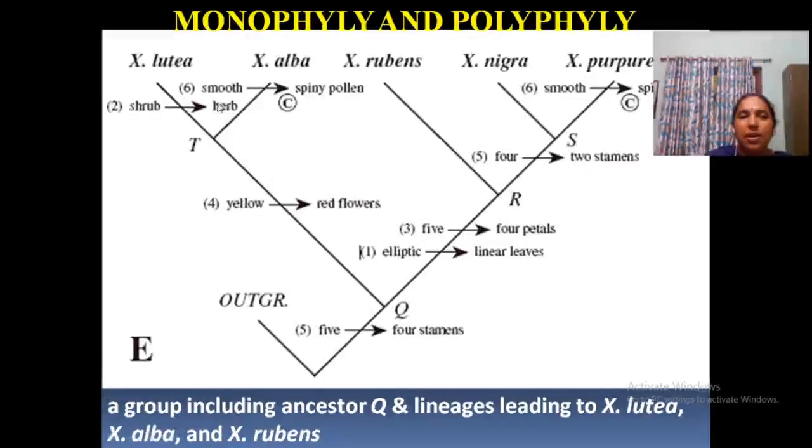Clear? Then shrub to herbaceous nature, like it is moving to that nature. Okay. So in some of these various nodes, after the node you can see some derived characters they are acquiring, and as derived characters are acquired, new species evolve, that is speciation. Okay. So likewise many species were acquiring new characters. Clear? So this is the condition of monophyly and polyphyly. Clear? So outgroup, sister group, sharing of characters, sharing of derived characters. Clear? And leading to speciation.